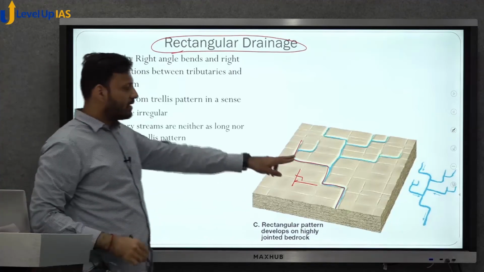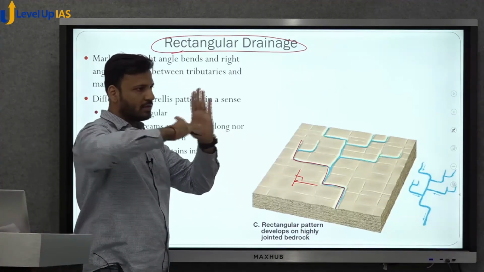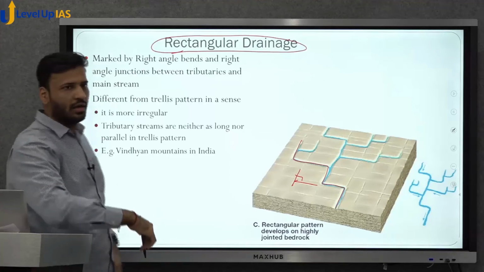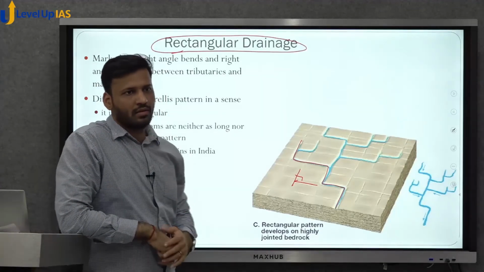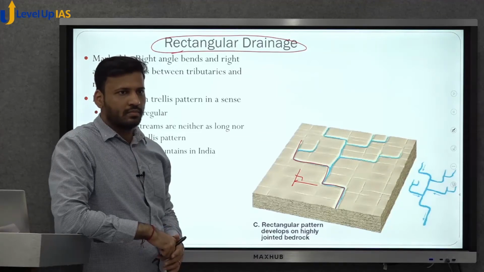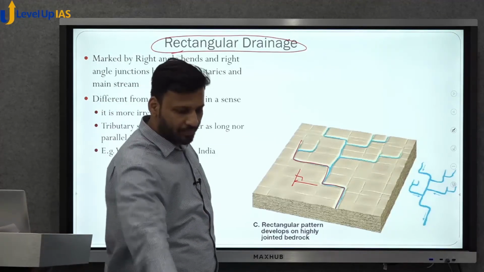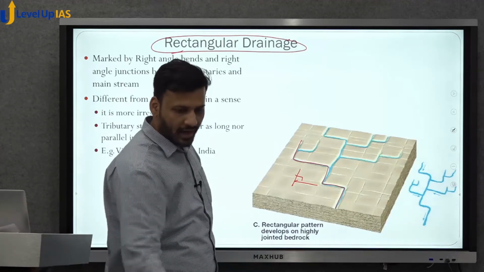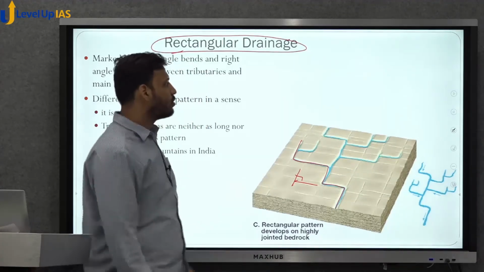क्योंकि यहाँ पे जॉइंट है, एक रॉक दूसरे रॉक को ज्वाइन करता है, so you have this 90 degrees. So the river will flow according to the joint. For example, you make a 90 degrees line over here, and I throw water on that. Water will flow in that line. Same thing happens over here.